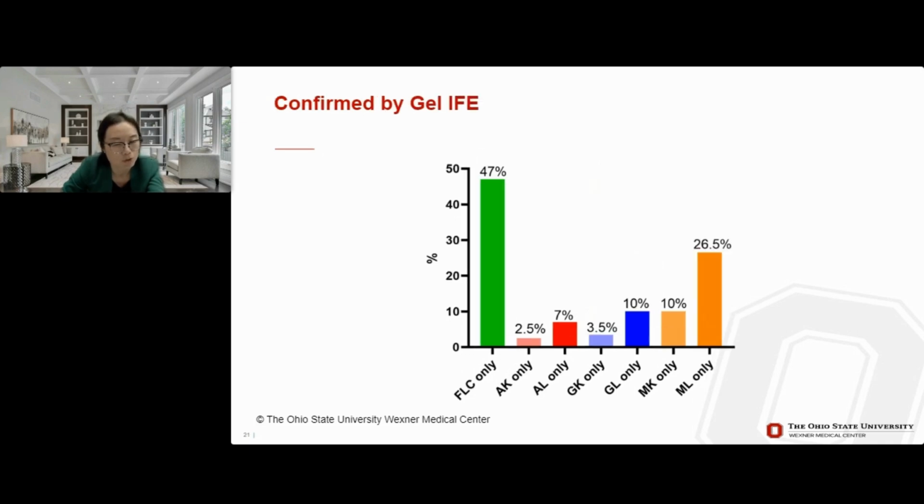Now we know the patient population in our institute. The question is, does our workflow work best for the patient population? We only have about 5 to 10% serum samples reflexed to gel electrophoresis. In these reflex serum samples, to investigate the prevalence of subtypes of monoclonal proteins uncertain by capillary, the data was further analyzed. In the cases of final reporting with free light chain only, almost 50% of them were confirmed by